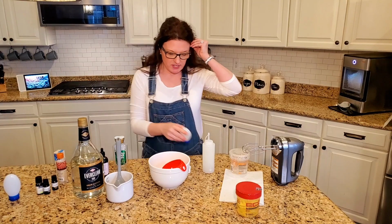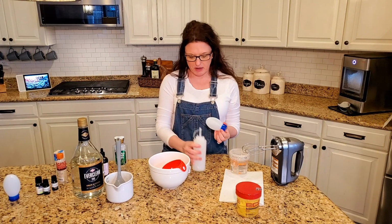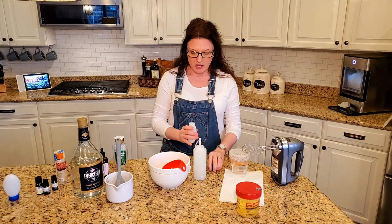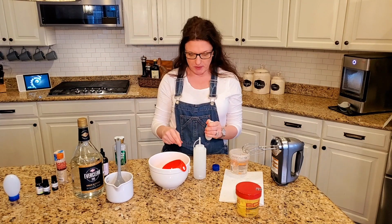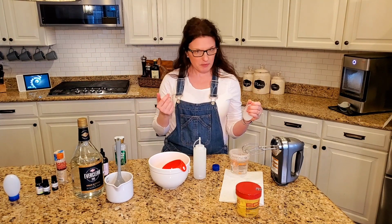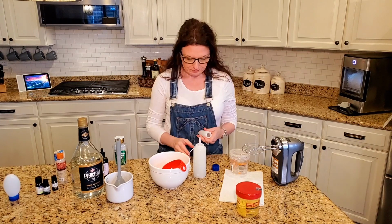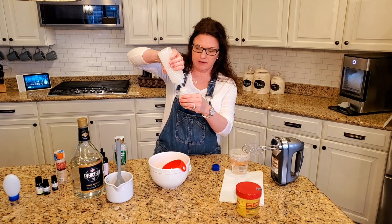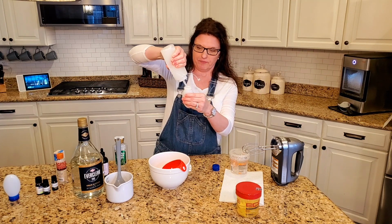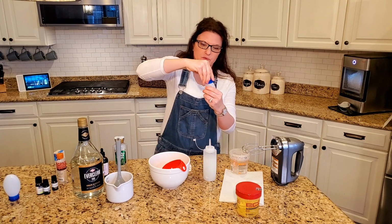Once you have it in this bottle, you can keep this bottle in your house and your whole family can use it. But I think the bigger concern at this time is if you go out and you touch something or you lick something, people do that. But if you go out and you touch anything, you need a smaller bottle with you. So take this, fill her up, screw on the lid,